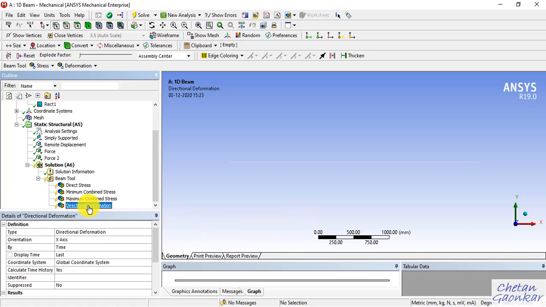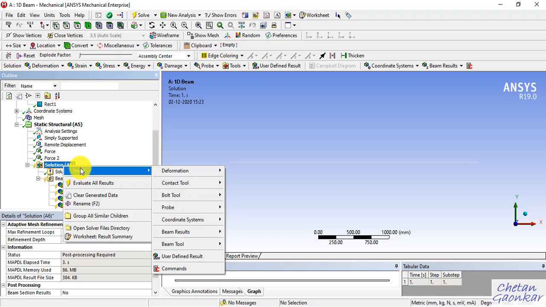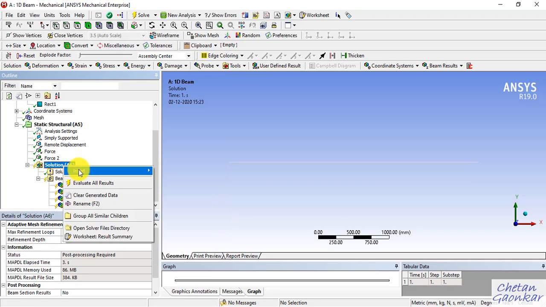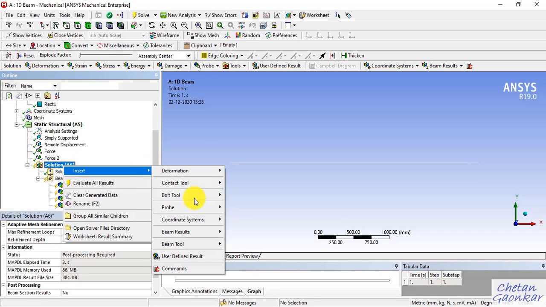So therefore we need to choose this directional deformation, and the orientation we have to change it to y axis, because I want the deformation in y direction. All right, also I want to plot the shear force and bending moment diagram. For that, right click on solution, go to insert, and then go to beam results, and then click on shear